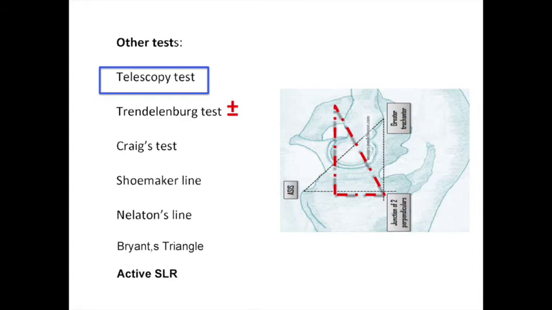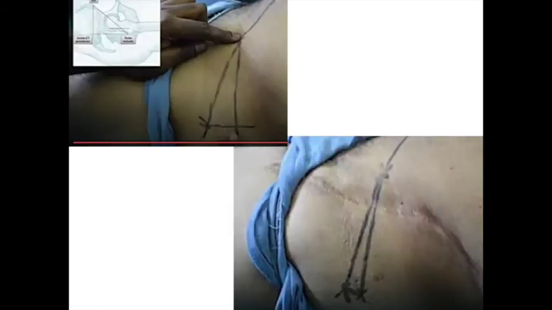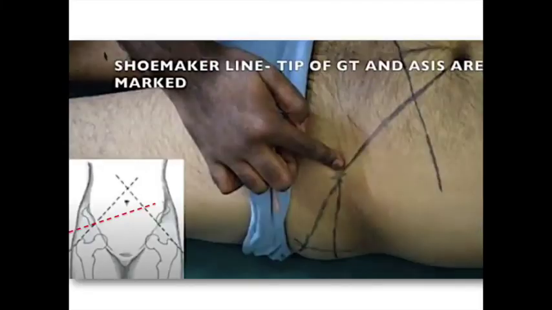So re-emphasizing Bryant's triangle, the trochanter goes down posteriorly and proximally, so the base will get shortened. It is a good idea to measure it on both sides, and both the perpendicular and the hypotenuse would increase. The Shoemaker line, important measurement again. As you can see in the schematic diagram, the dotted line is showing when a coxa vara happens. So the line will intersect below the umbilicus and on the opposite side.